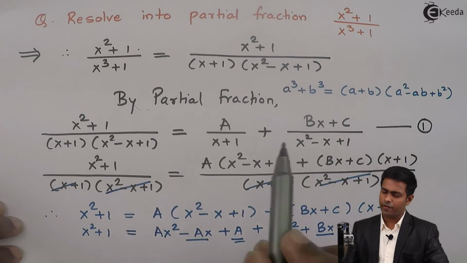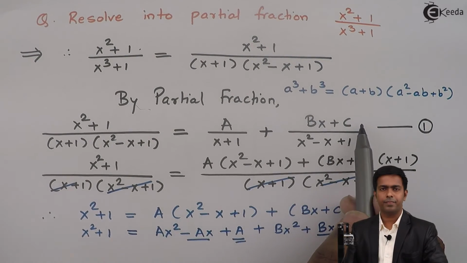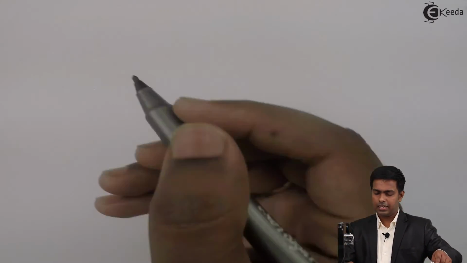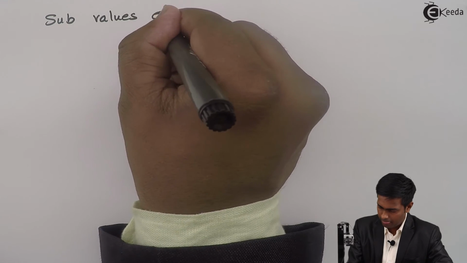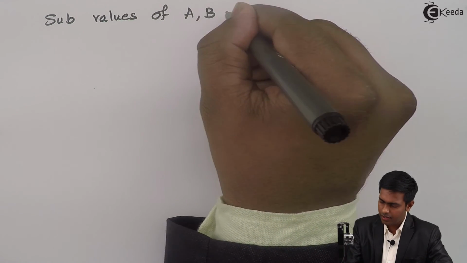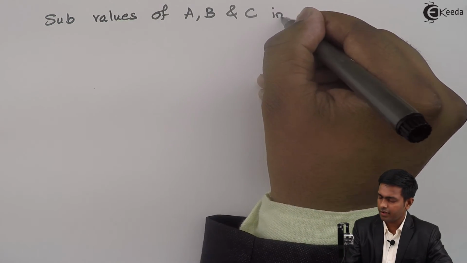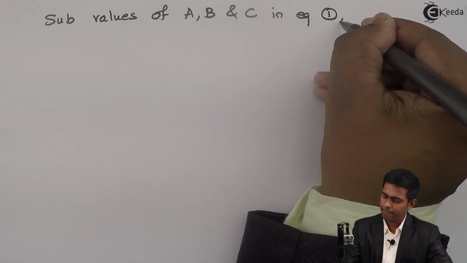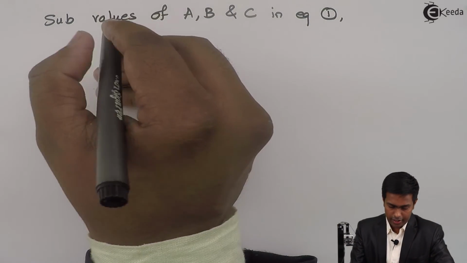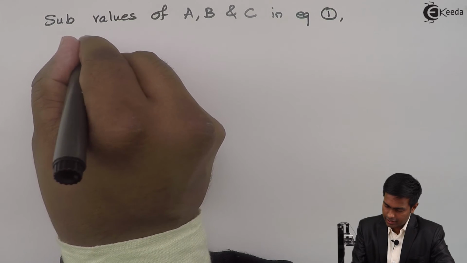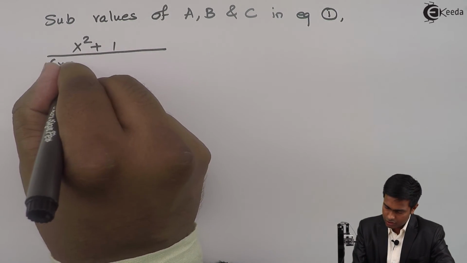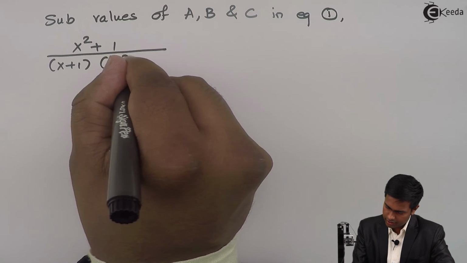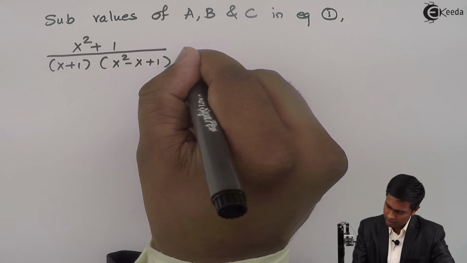So here we will substitute value of A, B and C. Substituting values of A, B and C in equation number 1, I will get, left hand side is x square plus 1 upon x plus 1 into x square minus x plus 1 equal to,